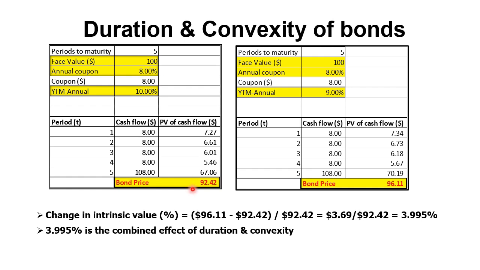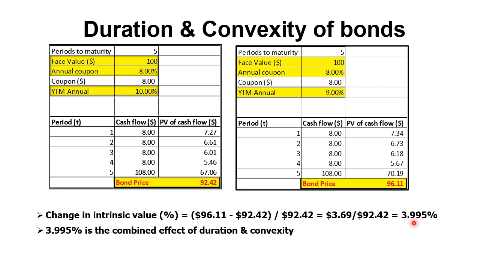Now suppose the YTM changes from 10% to 9%. All the other factors remain the same. The present values of the cash flows will increase because the denominator has decreased, and the sum of the present values comes to $96.11. Therefore, for this bond, as the yield falls from 10% to 9%, the bond price, which is the sum of the present values of its cash flows, increases from $92.42 to $96.11, which is a rise of approximately $3.69. In percentage terms, the rise is $96.11 minus $92.42 divided by $92.42, which is equal to approximately